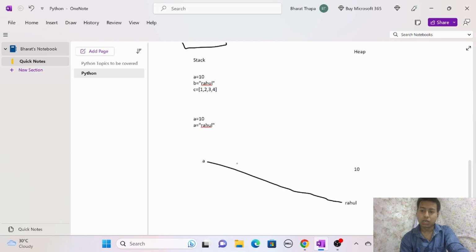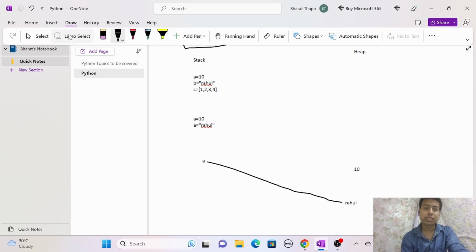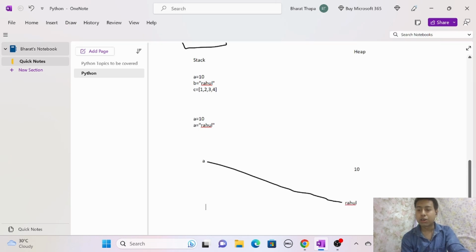Right? So this is what happens. And what will happen to 10 then? So this 10 will be removed from the memory. And if this is an object, it will be removed by the garbage collector. So it will go into the garbage collector whenever garbage collection hits. And it hits automatically whenever the RAM decides that it wants to free up memory. It will hit the garbage collection and it will be removed from the memory. This is what happens to this